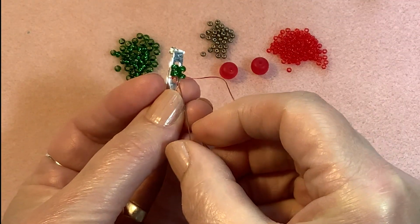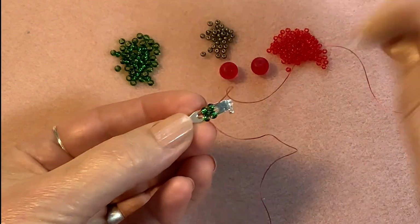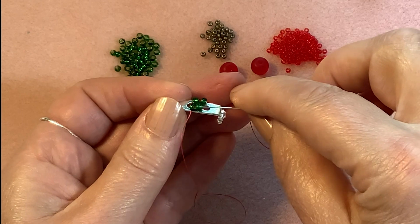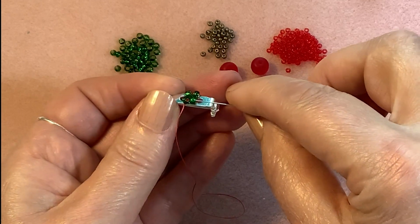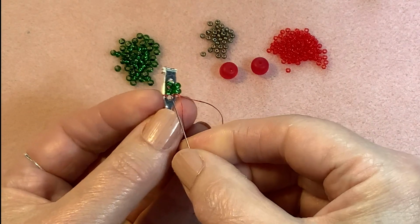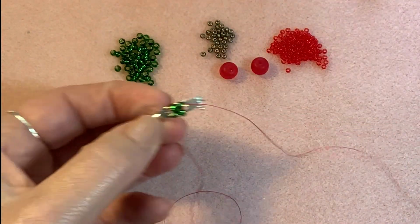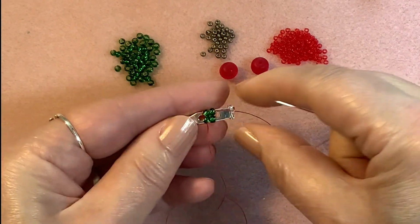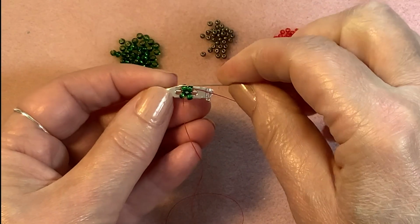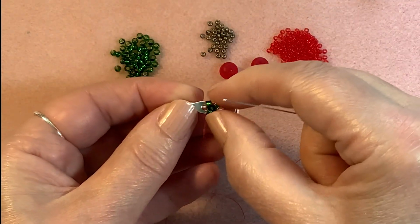And we're going to go through the first 2 beads and in the opposite direction through the second 2 beads, and back through the first 2 beads again. So we've joined them together in 2 rows of 4, and it feels more stable already. So we've got a pair here and a pair there. At the moment they're still a bit mobile,